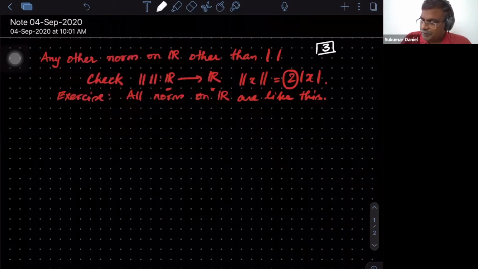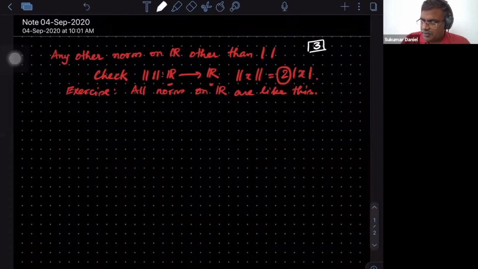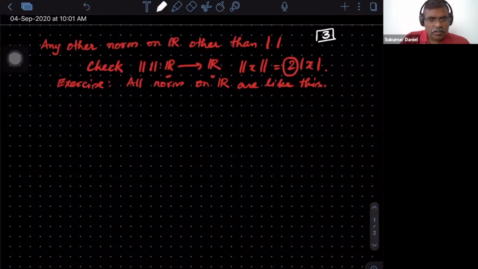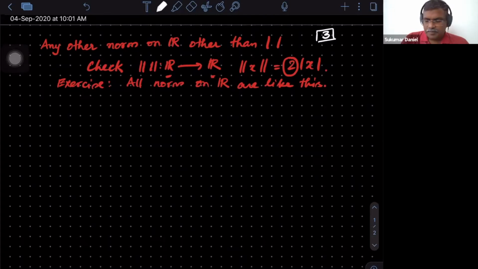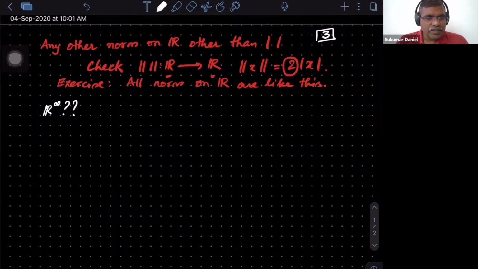Let us go further. So far we have looked at examples where the vector spaces are Rn's, and appropriately 2 different norms we have defined. And it has suggested that on a single vector space you can have 2 different norms. Now we'll go ahead. This was the plan in the last class also, to go for a general setup. So in that regard, our aim is to look at something like R infinity, whatever it means. Okay. So infinite copies of R is what we are trying. So in that context, I will first want to check the following: